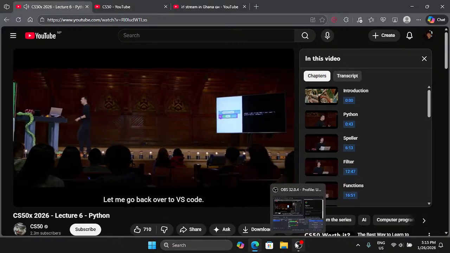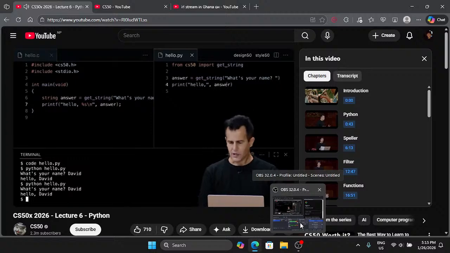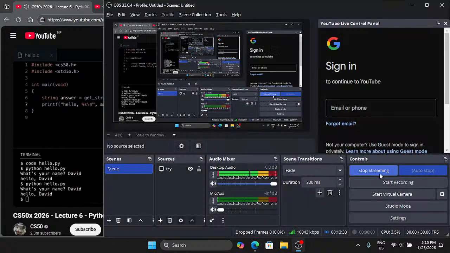So let's try this. Let me go back over to VS Code, and quite simply, on my last line of code here, let's change the input to print to be quote unquote hello, comma, and then curly brace,